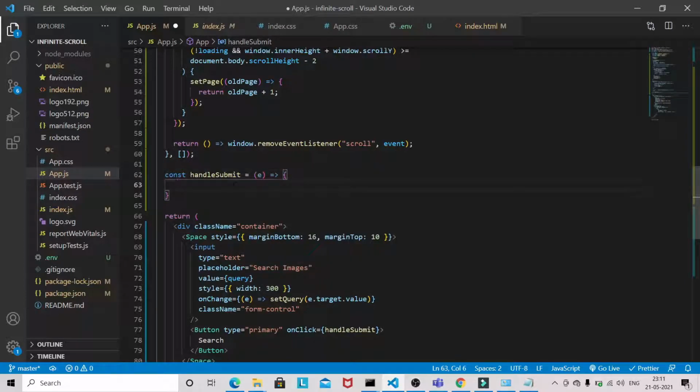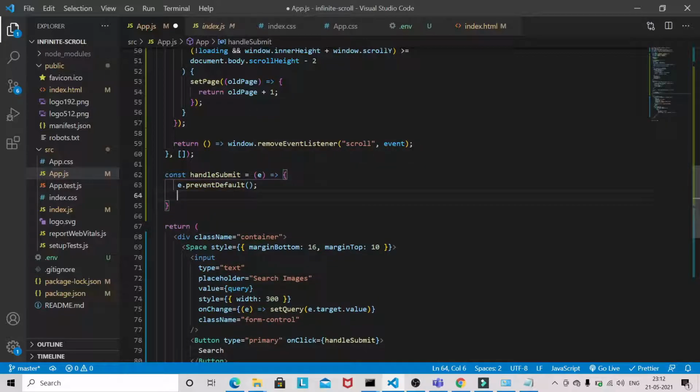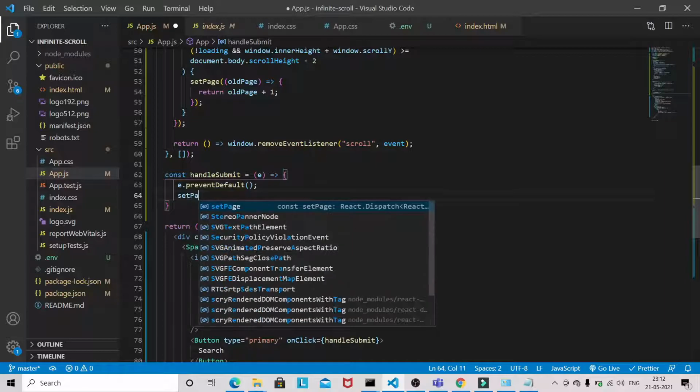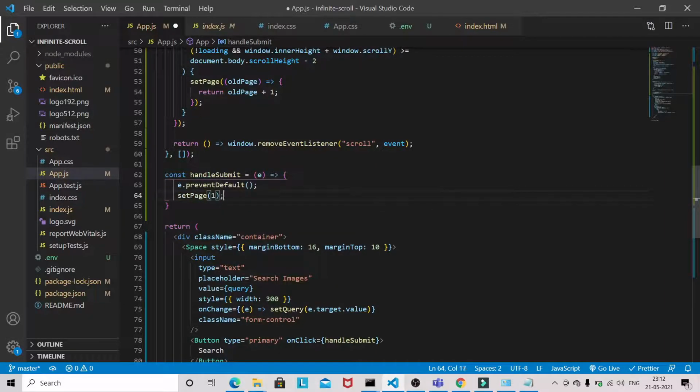So e dot preventDefault, and set page to 1.